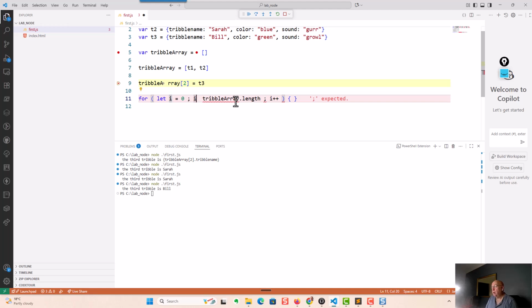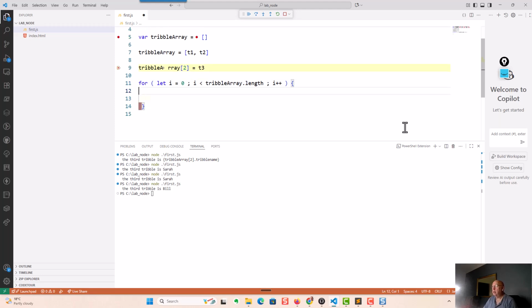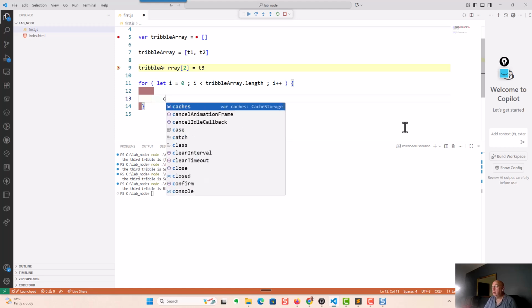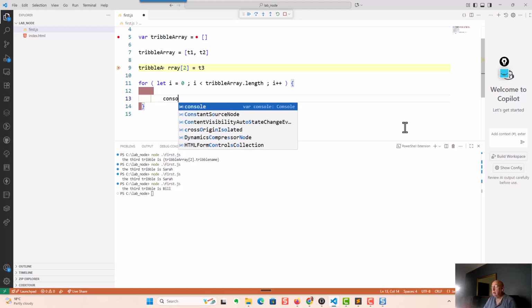And then we could say while i is less than the array's length, then that mechanics will work to walk over each element of the array. And here I could do console.log,